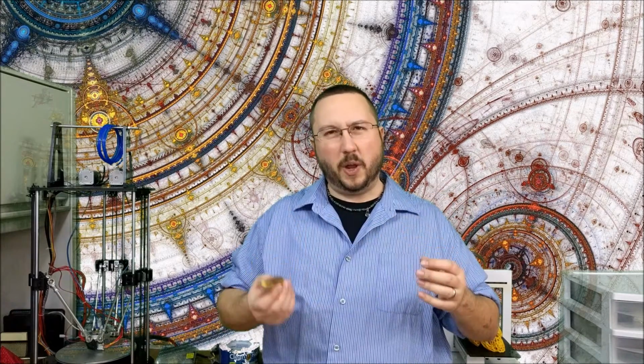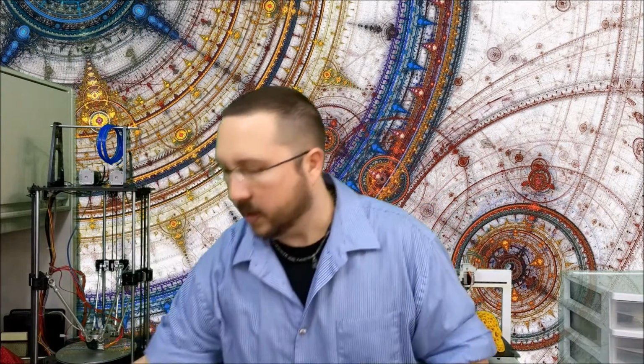Now, depending on your preferences, you may find that this is a little bit lightweight. So this one here, a buddy of mine printed for me. This one's filled with BBs. The great thing about this design is that because it doesn't necessarily require any infill, you can add as much infill as you want to make it a little bit heavier, which works particularly well if you're using a heavy filament like an iron fill or